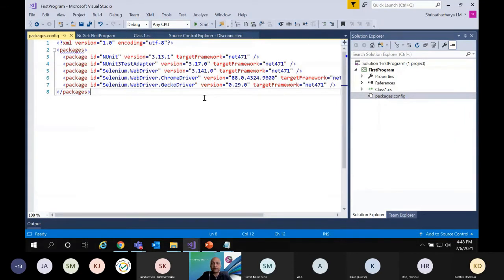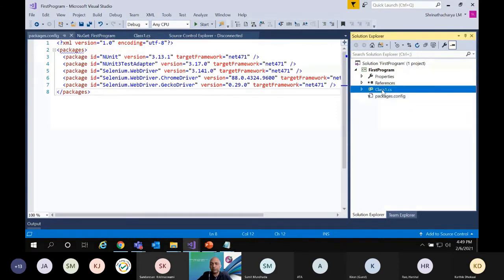This is very important. This is a one-time activity, because the moment you commit the changes to the source control, either GitHub or maybe TFS, Team Foundation Server, if someone downloads and builds the solution, for them also it will automatically add. It is not that everyone needs to add it. The packages committed in the TFS will be imported for the other people as well when they build the project.